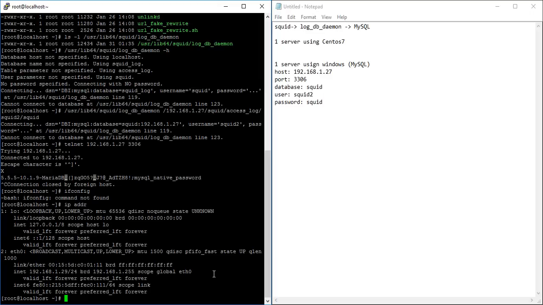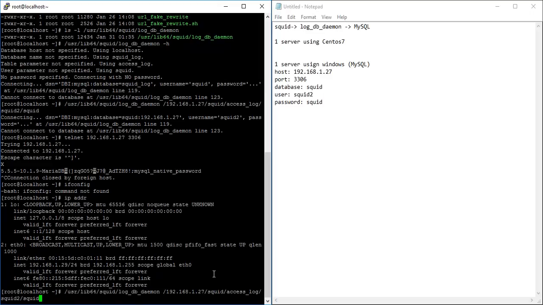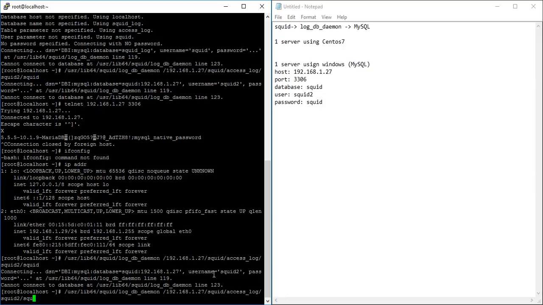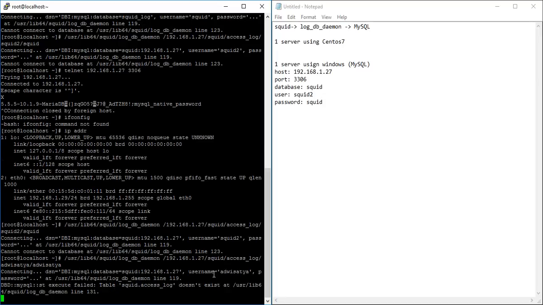Okay, let's try again. It's Squid, access log, Squid. Okay, let's see with another username and password. Okay, the connection is created.